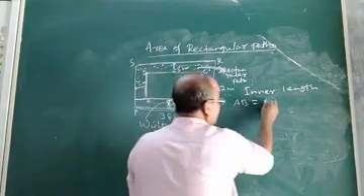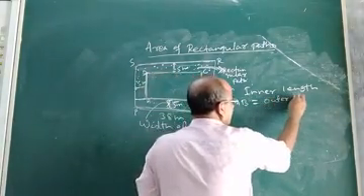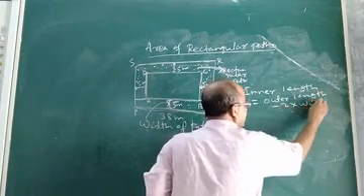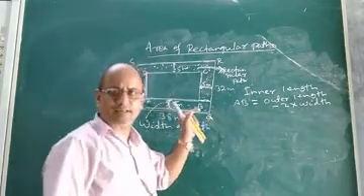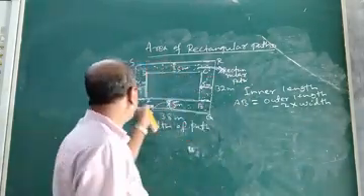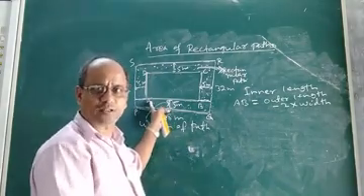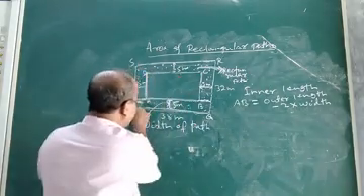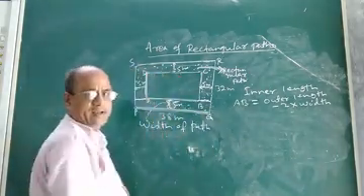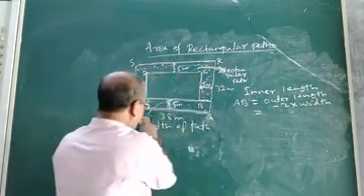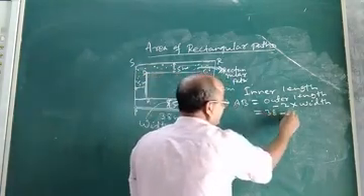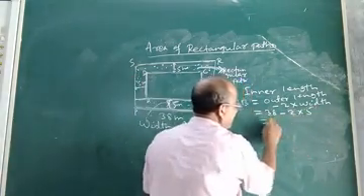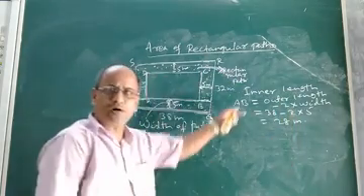The inner length will be outer length minus 2 into width. Width of the footpath is given, so this width plus this width, 2 times the width. So 2 into width, if it is subtracted from the outer length, then only we will get the inner length. So you can easily find it: the outer length is 38 minus 2 into the width, width is given 5 meter, 38 minus 10, it will be 28 meter. We got the inner length.